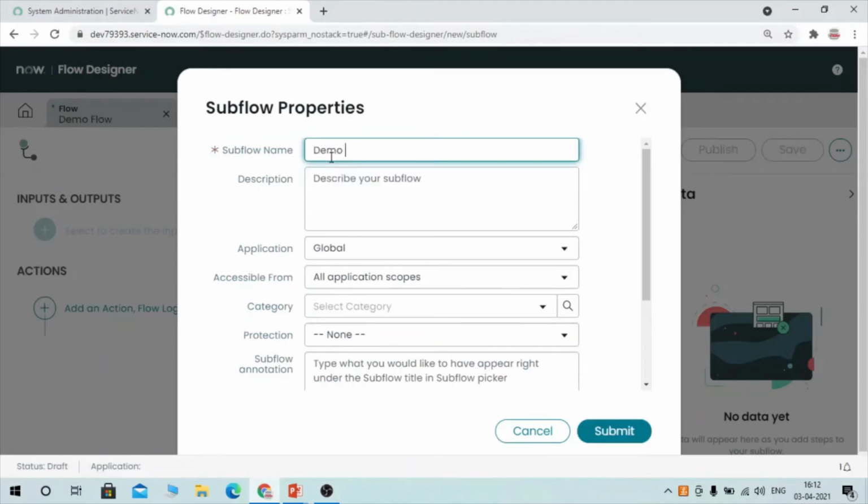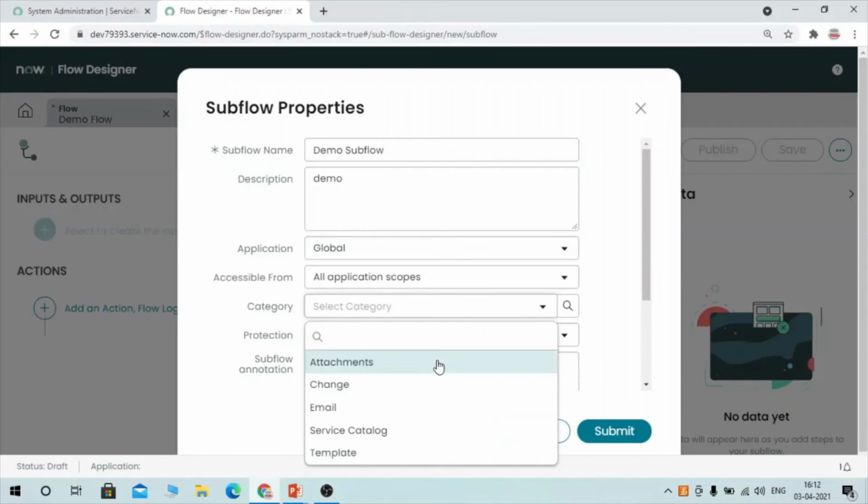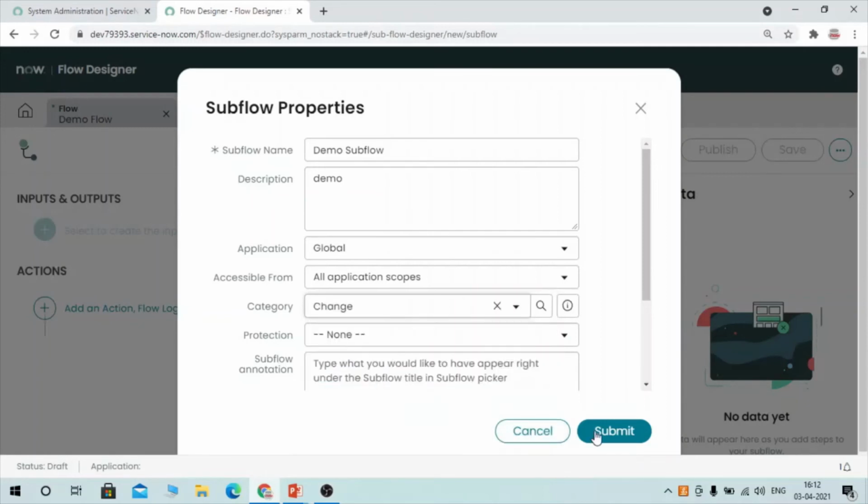You can provide a name and description. I have already explained application scope and all this information. Category is new here, so you can select a category like attachment, chains, email, whatever you want. I want to select chains.